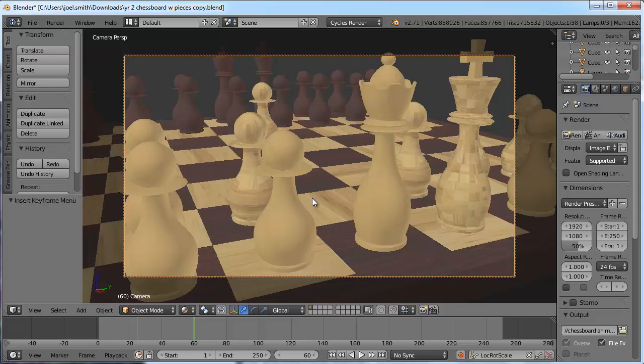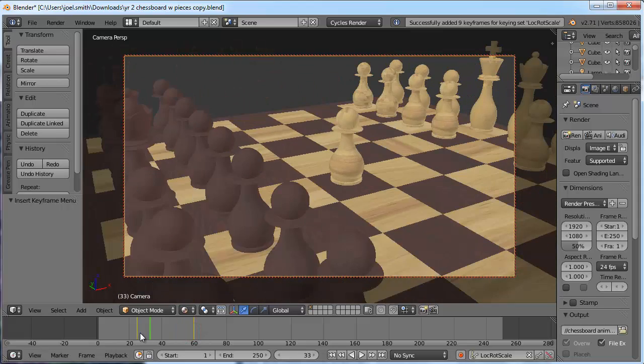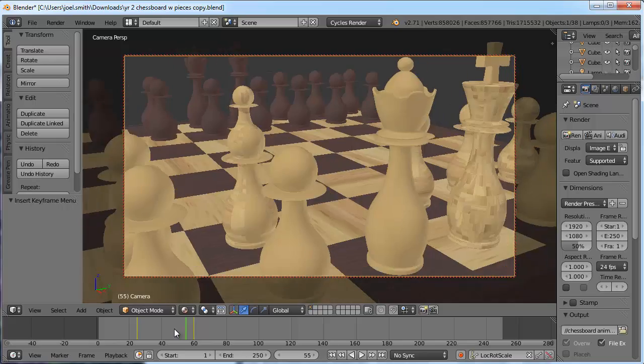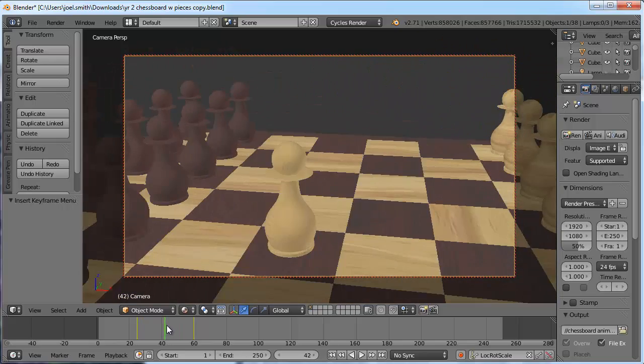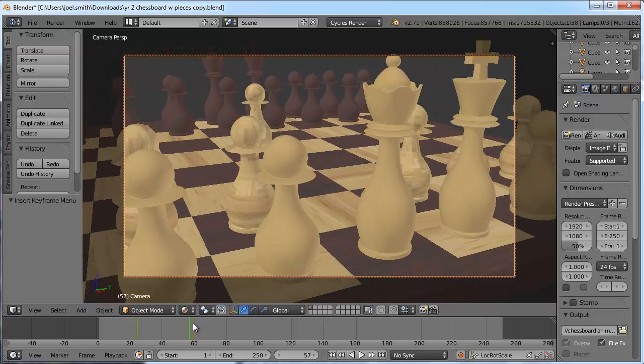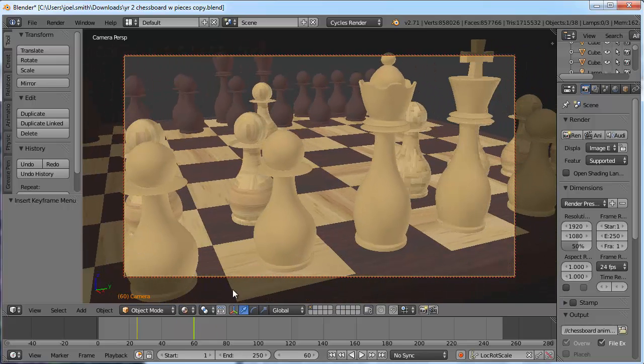I need to set that keyframe, so I hit I to set it, and that way I can click and drag on the timeline and scroll in between, and I can see how it's moving. Now it kind of looks like it zooms in on it and then zooms back out. It looks kind of cool, but if I don't want that, I can go out